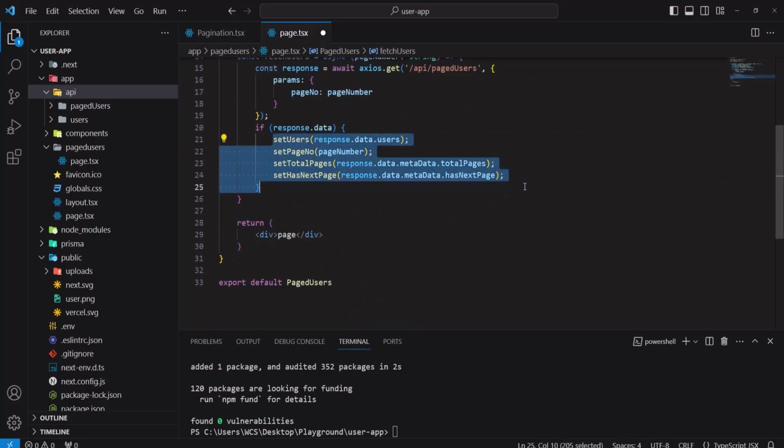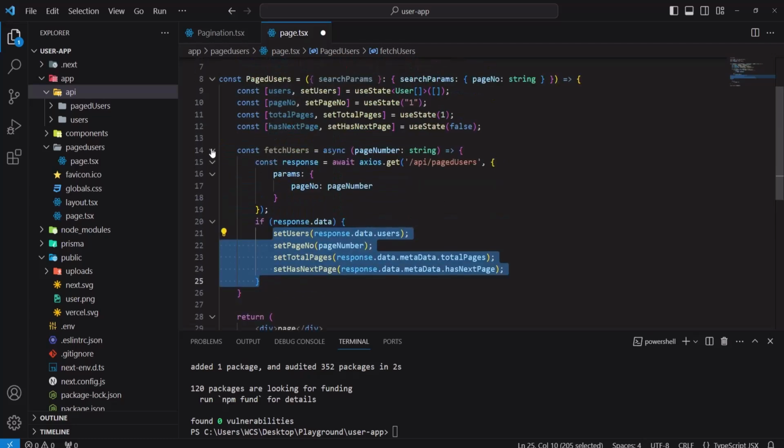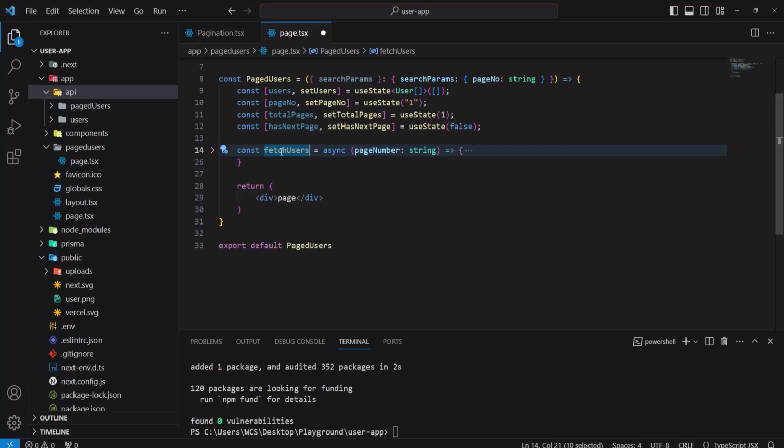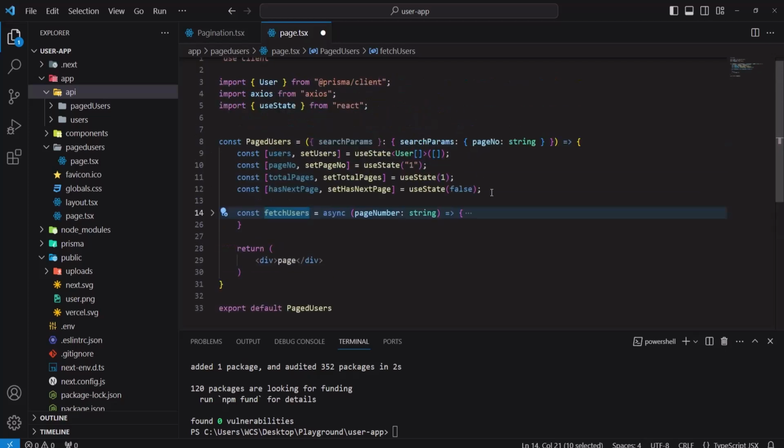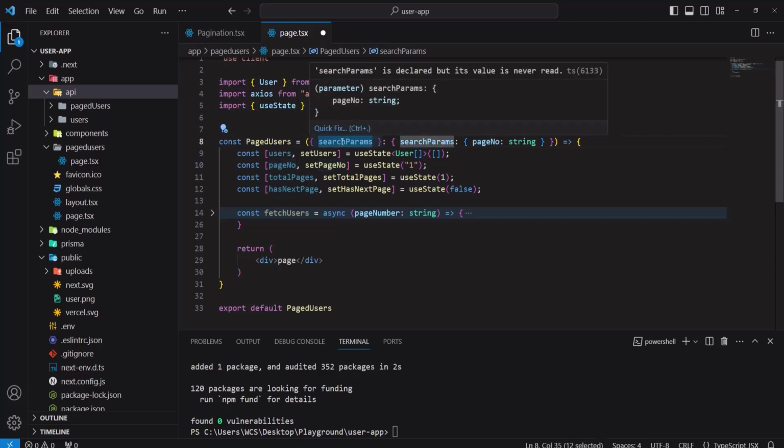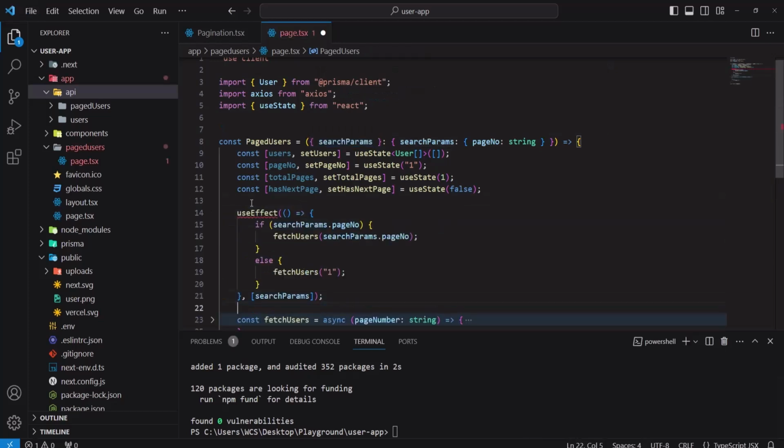There's nothing complex here, so let's minimize this, and we will call this on 2 events. First, initially we will call this, and then we will call this when the page number changes. So we will have this dependency. I mean, we can't really put this page number as a dependency, but we can put this search param as a dependency. So let's add the useEffect. So our useEffect hook will be something like this. So let's import the useEffect from React,